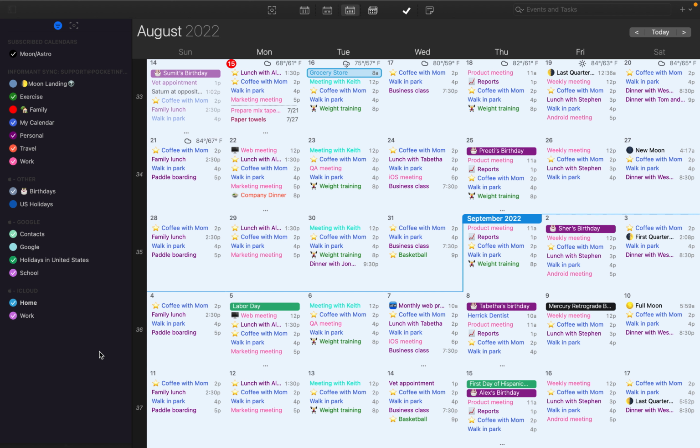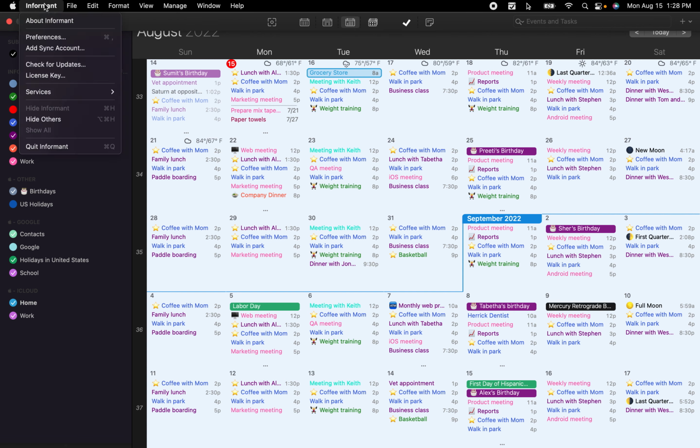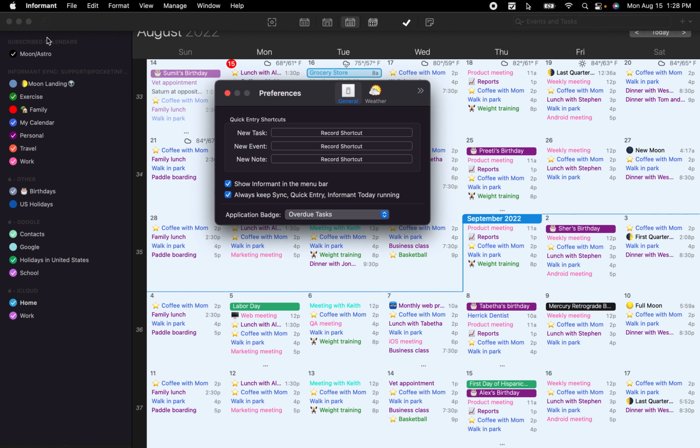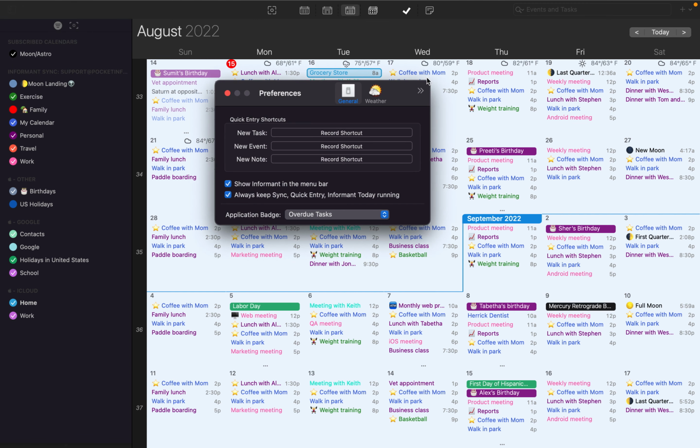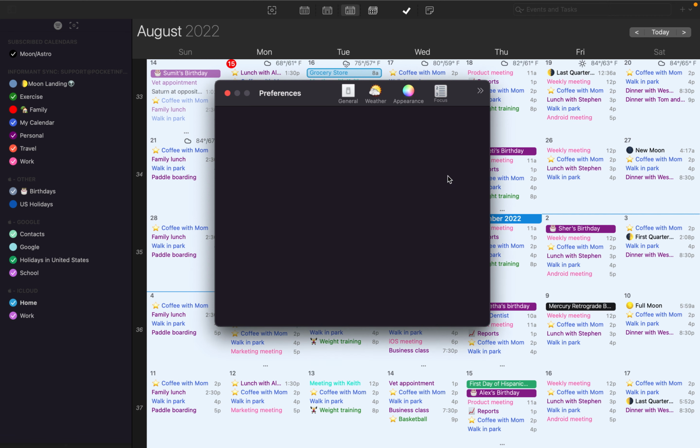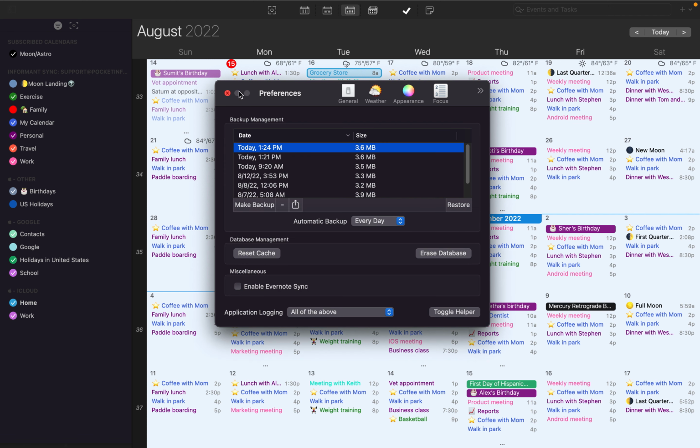In order to create or restore a backup in your macOS Informant, you can tap on your Informant settings and go into your preferences. From here, you'll tap on the arrows here on the right and go into Advanced. This will bring up your backup management window. You'll have a scroll here that you can go through all of the backups that have been saved on your